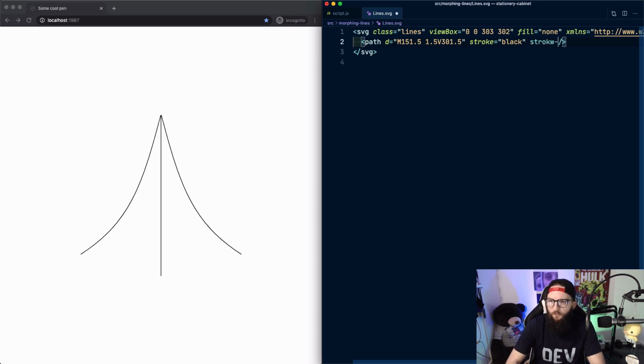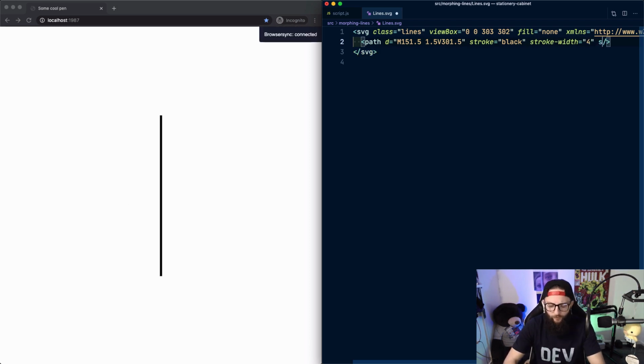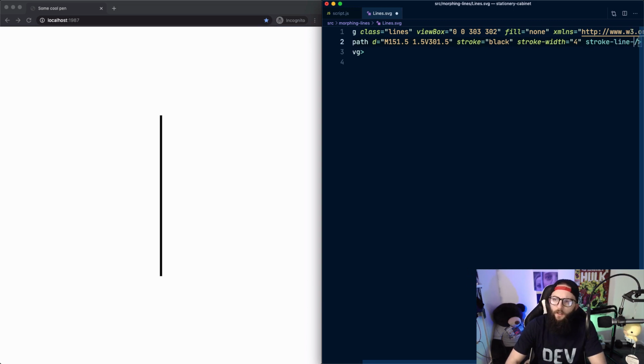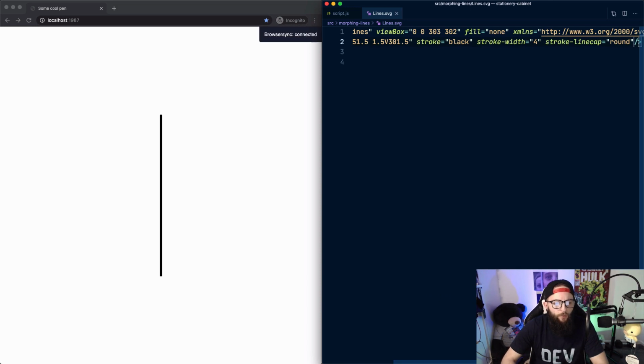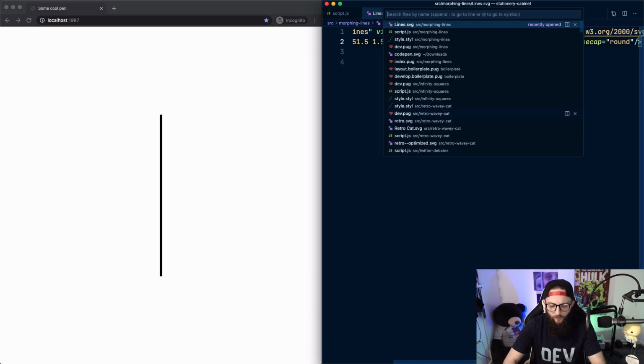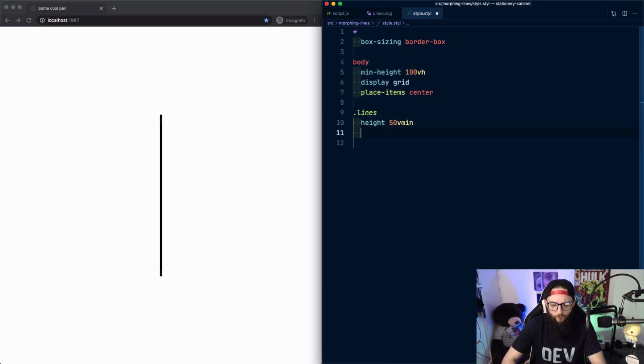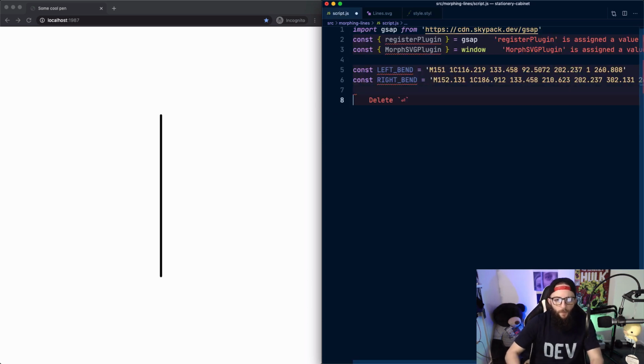And let's actually thicken up our current line. There we go. And I'm going to give it a rounded line cap as well. So we can use line cap round for that. Cool. And in our style, I'm just going to set the overflow to visible, and the important is to keep CodePen happy when we export this out. So really good spot now, and we're ready to actually morph the line,